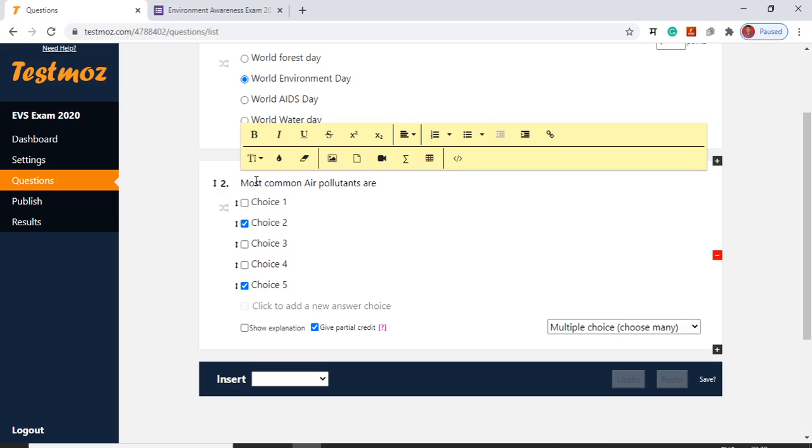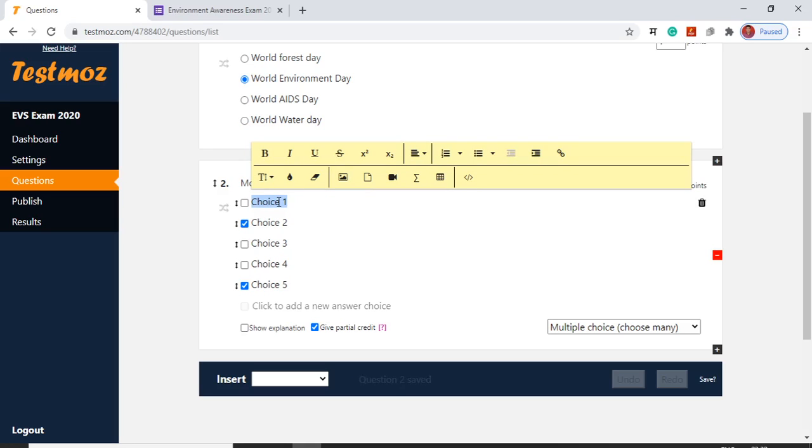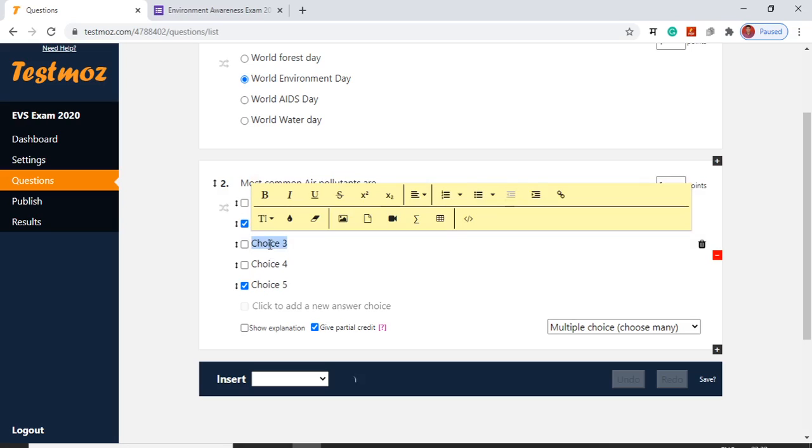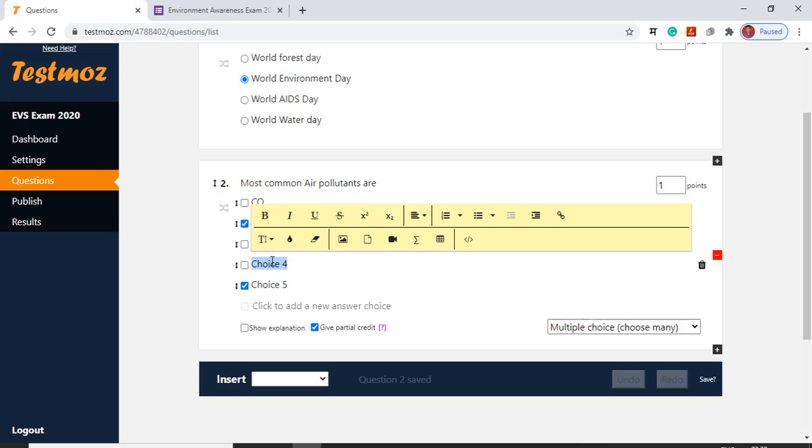We will add the options carbon monoxide, then lead, then nitrogen dioxide, then oxygen.